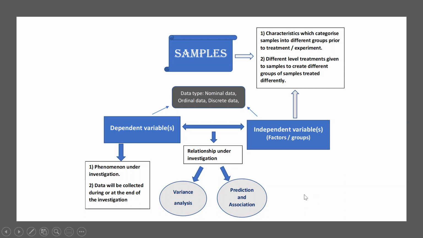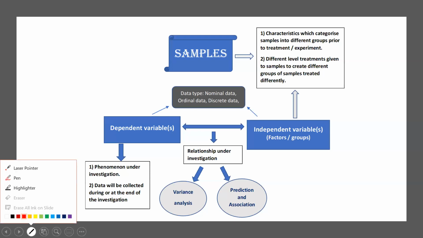We basically have dependent variables and independent variables. So how do we identify them? How do we know that this one is the dependent variable and the other one is the independent variable? How do I even know that I have variables in my research objective? Okay, so I'm going to start with the